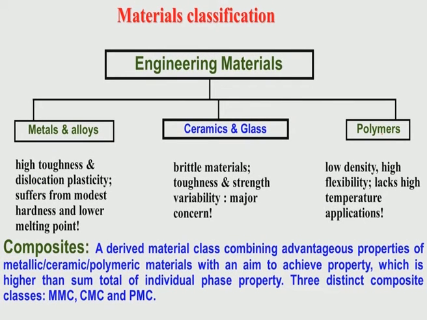Okay, a little bit of introduction to engineering materials: metals and alloys, ceramics and glass, and polymers. These are the 3 primary material classes into which engineering materials can be classified, and each of these material classes has its own advantages as well as disadvantages. Now, advantages include high fracture toughness and dislocation plasticity, but disadvantages include poor corrosion and wear resistance, because many of these